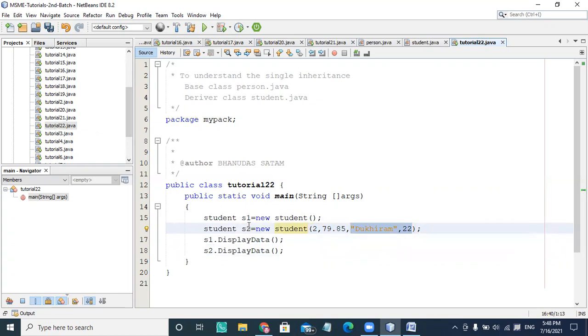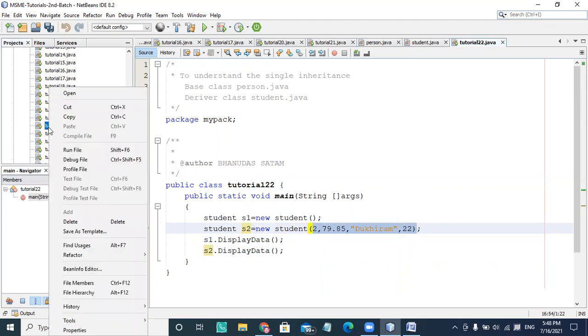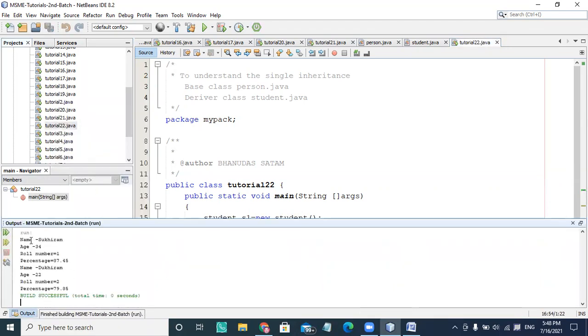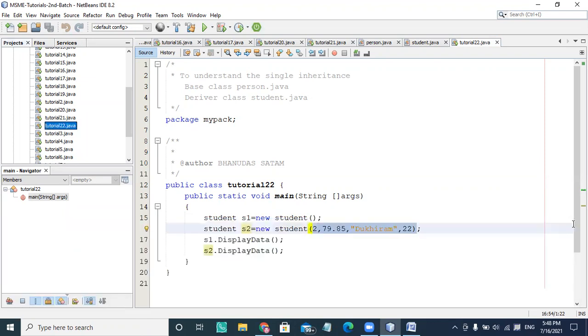So my derived object will take care of initialization of all these four parameters. This is the first initialization, this is the second, and here the name Dukhiram, age 22, roll number 2, and percentage 79.85. And this is the previous non-parameterized constructor initialization.